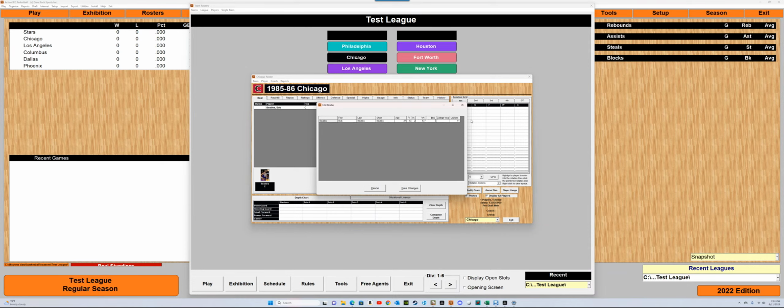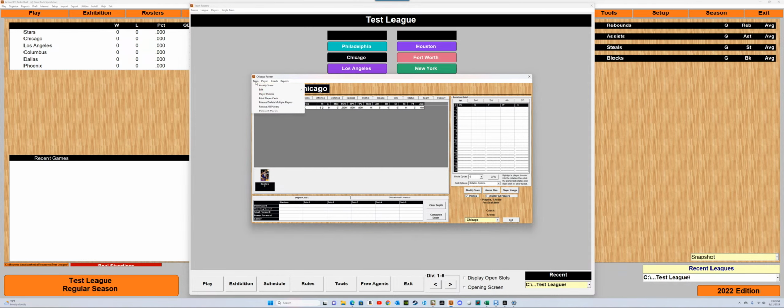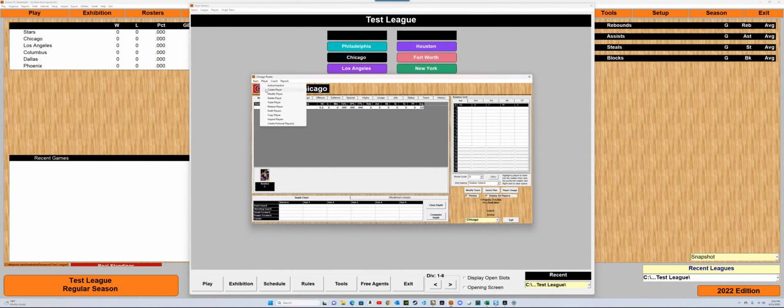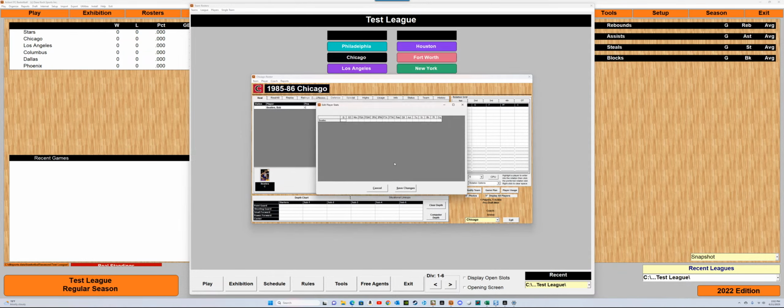I could take money out of there because I don't have any money yet, and we'll show you how to figure that. Save the changes. Then I can go edit ratings. These are the ratings that the player has. But what I'll do is actually edit the stats. So if I go into edit stats, you can see they're blank, and I could put in